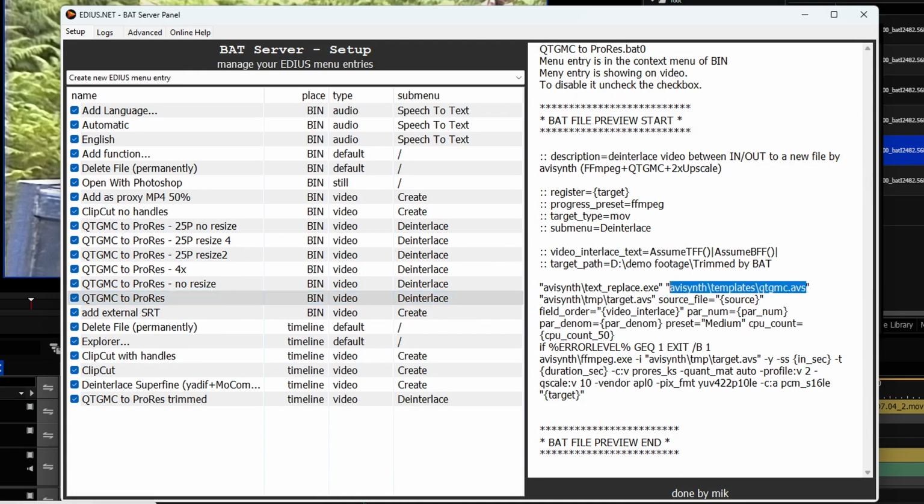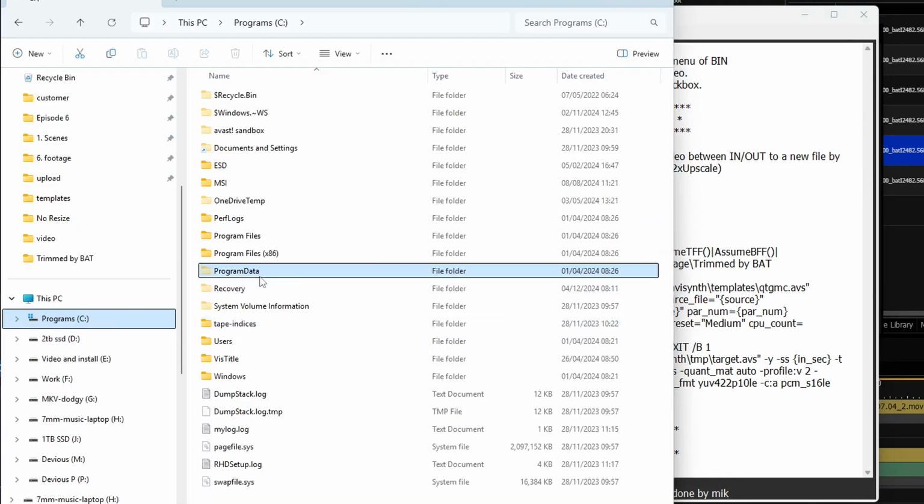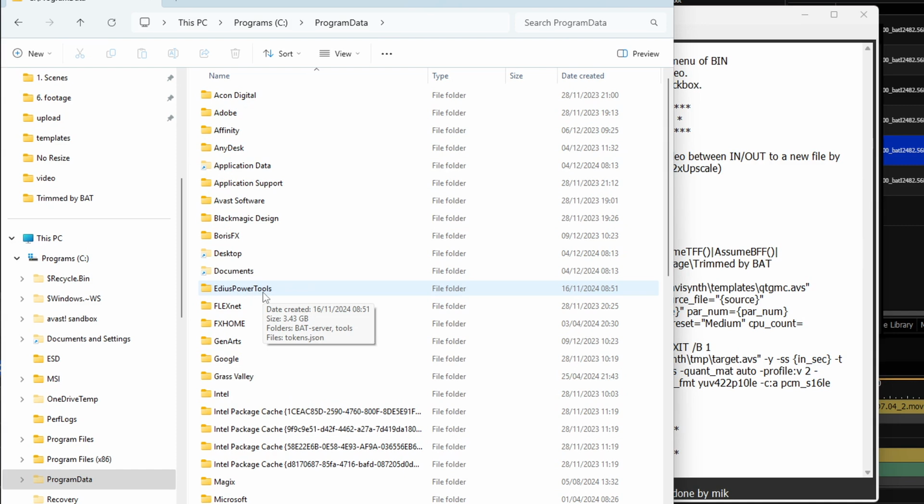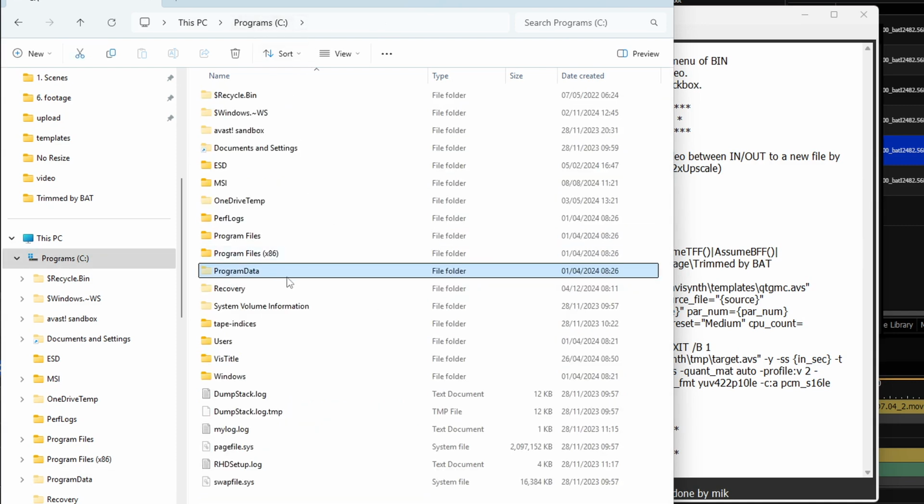Now that is on your computer, of course. I'm going to go to the C drive and then program data, look for EDIUS power tools. And by the way, program data might be a folder that you can't see. It's a hidden folder and you can only see it if you say show hidden folders. And of course, hidden folders are hidden for a reason because they do system-y stuff. So you've got to be slightly careful when you're wandering around these things that you don't delete something that's important